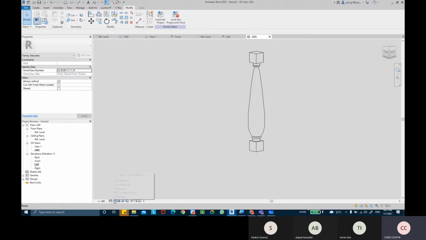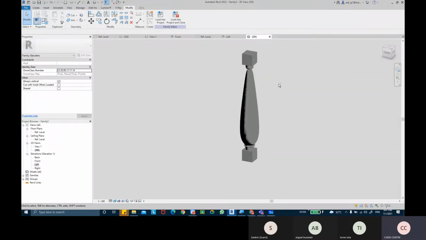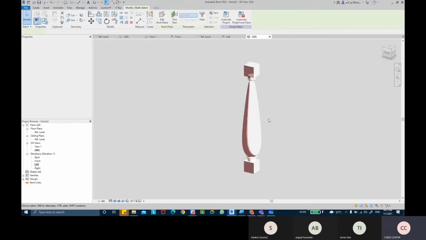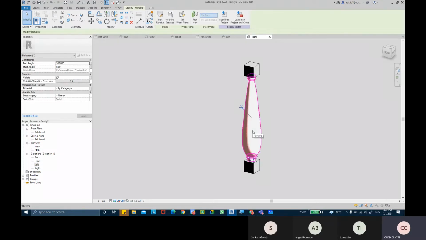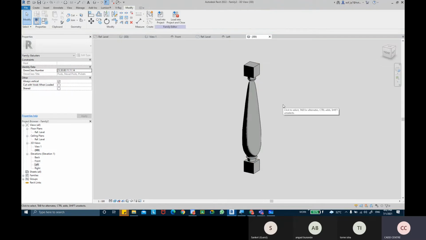Now, if I switch this mode to realistic, it doesn't have any sort of materials. If you wish to apply materials, you can apply materials as well. So I can select all of these together. Maybe you want a similar material for all, or maybe you want this as a separate material and this as a separate material, you can give separate materials as well.